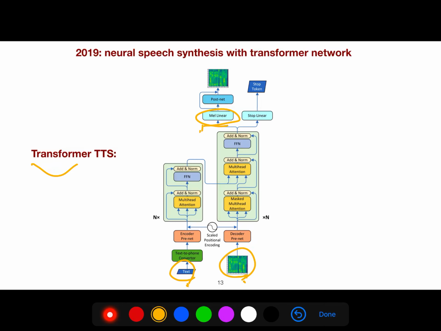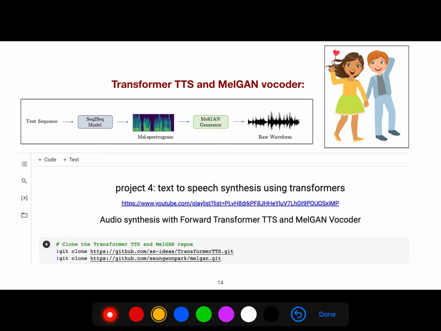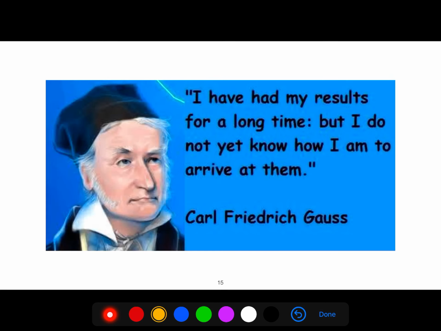So it's just a transformer architecture, but the inputs and outputs are text and Mel spectrogram. And finally, they combine with each other, they complement each other. And of course, I will upload my code to GitHub so that you can go through that and check the details.